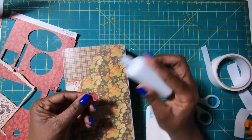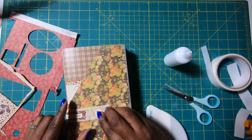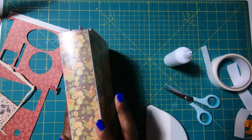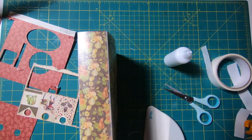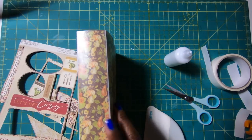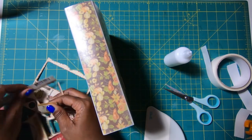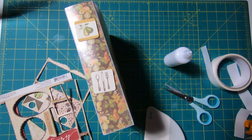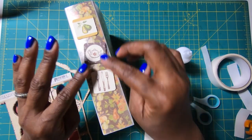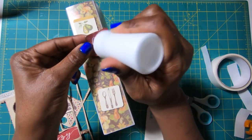And I'll take this piece and I am going to place it right there. And then on the other one, I actually place some pieces on the back, and I think I'll do the same thing on this one. So I am going to take these little pieces here and just place them down. And I'm going to use this to break up the lightness of that color. So I am going to take this piece,